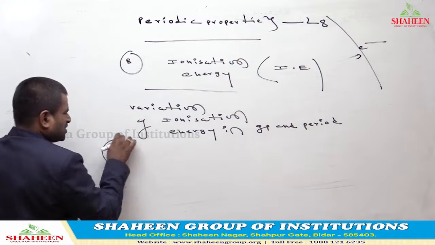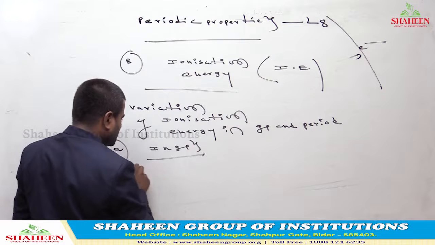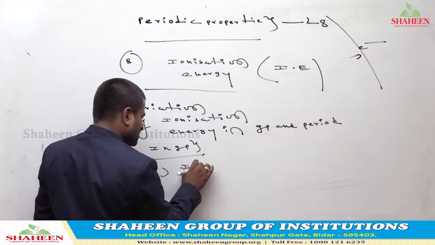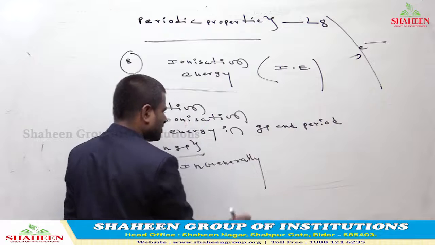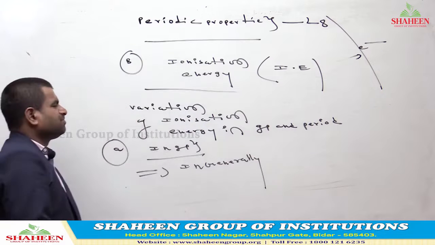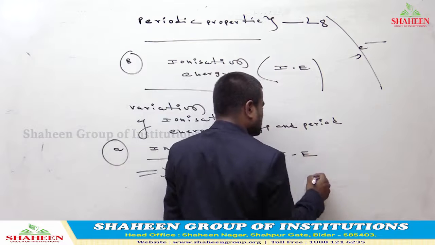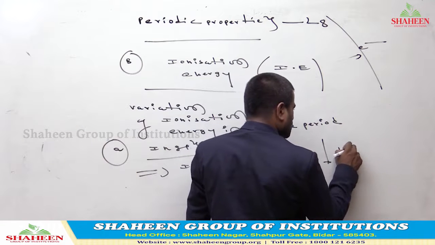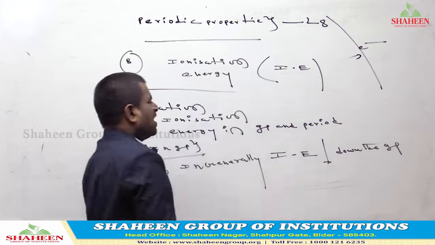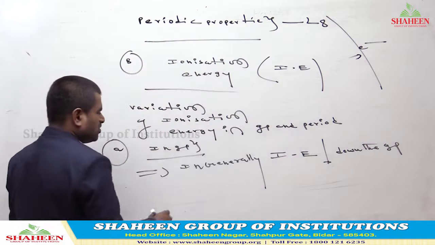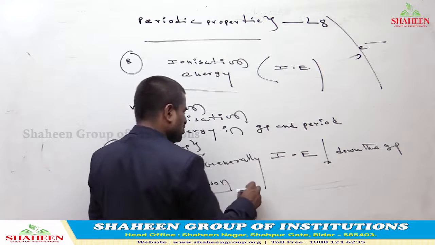First of all, I am going to discuss groups. In general, ionization energy decreases down the group. Why does ionization energy decrease down the group? The reason: